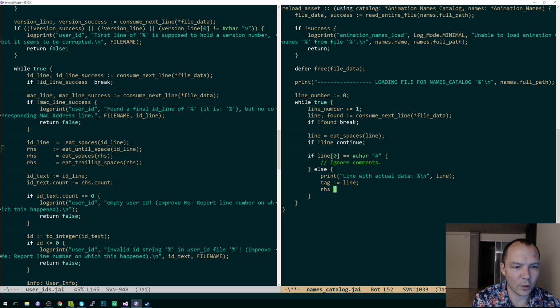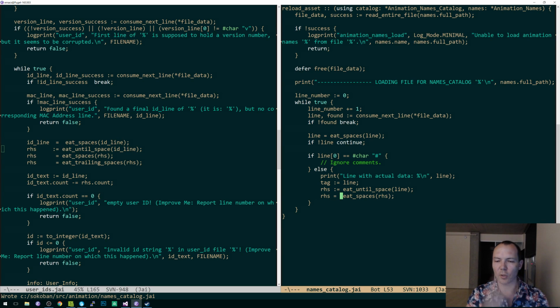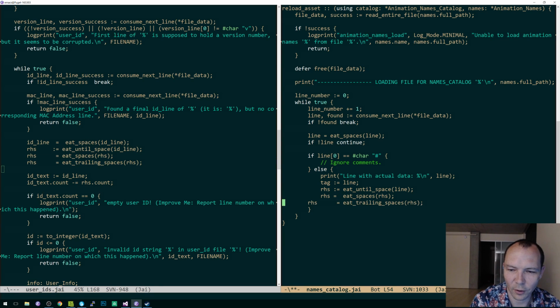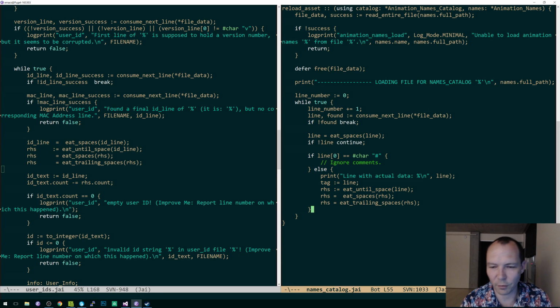RHS is eat until space line. RHS equals eat spaces RHS. So basically, we're expecting each line to have some word that doesn't have spaces. So we go until the space, we eat all the spaces, and then we cut all the trailing spaces. Again, maybe I should make an abstracted function called parse word or whatever, but anyway,